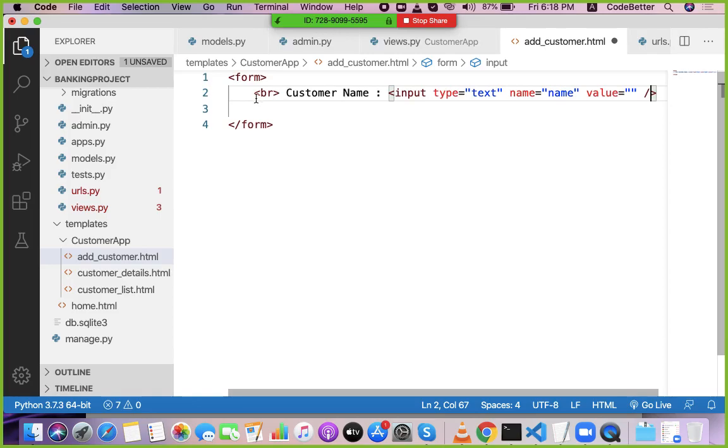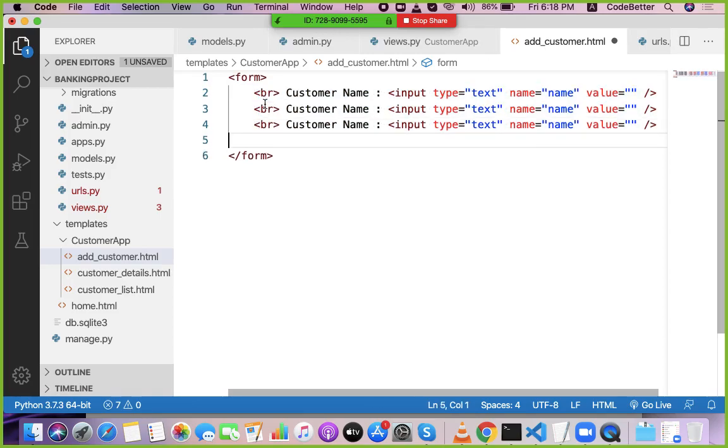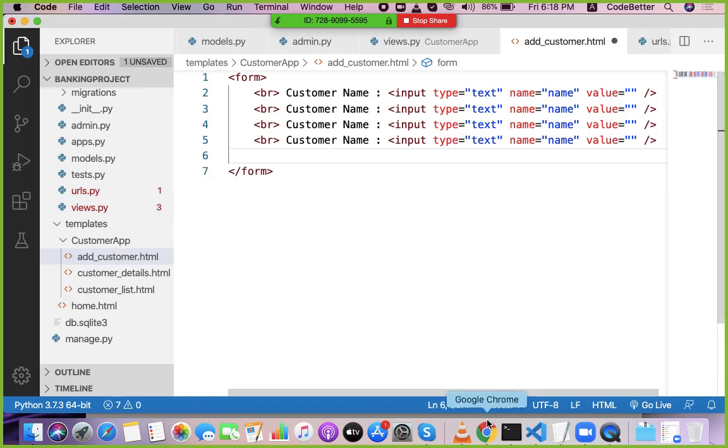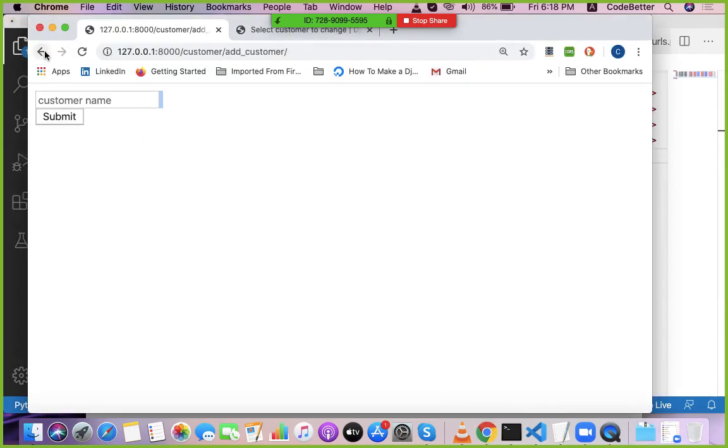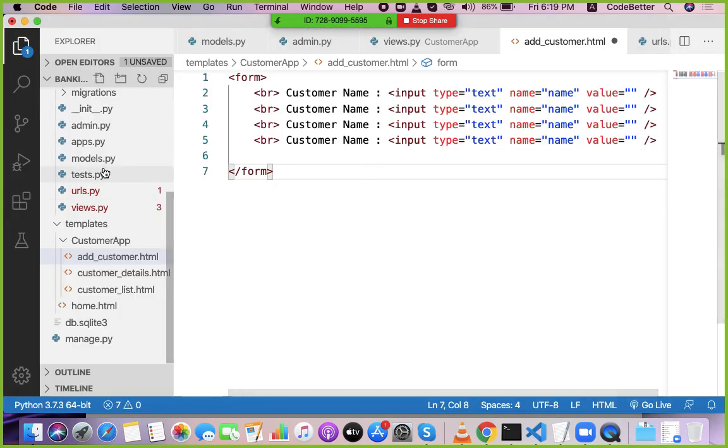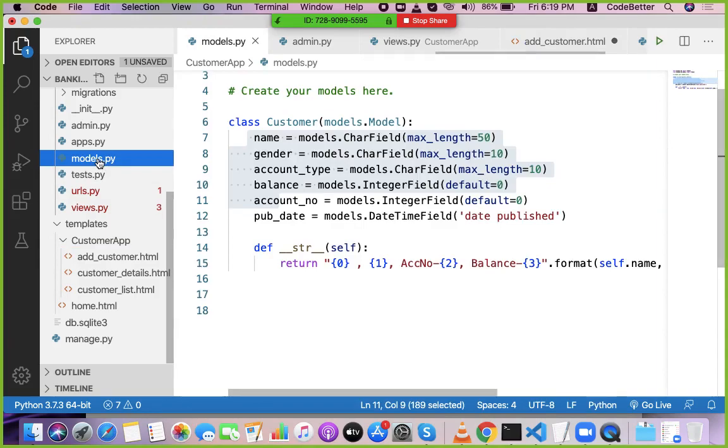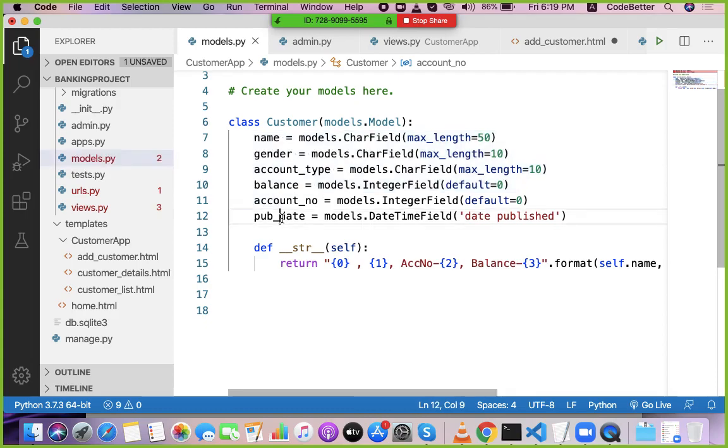Okay. Similarly, let us ask other things. What are the other things we need? So we first check the model, what we have stored in the customer model. So we have stored name, gender, account type, balance, account number, publication date. Published date will be taken by default from the system.